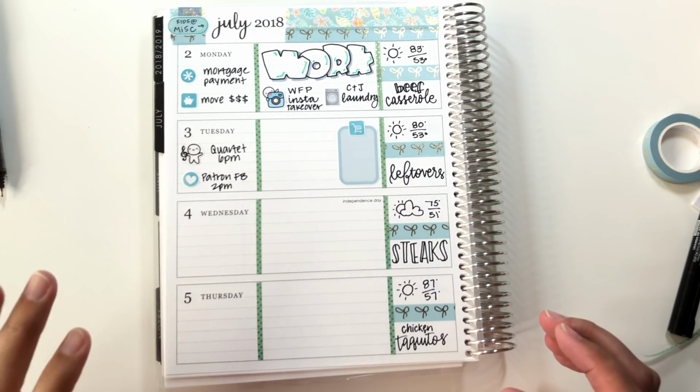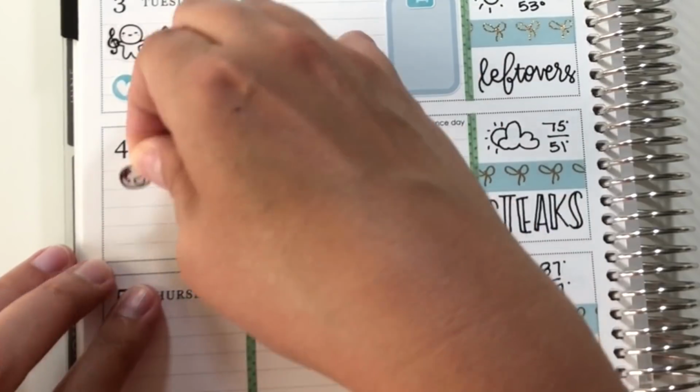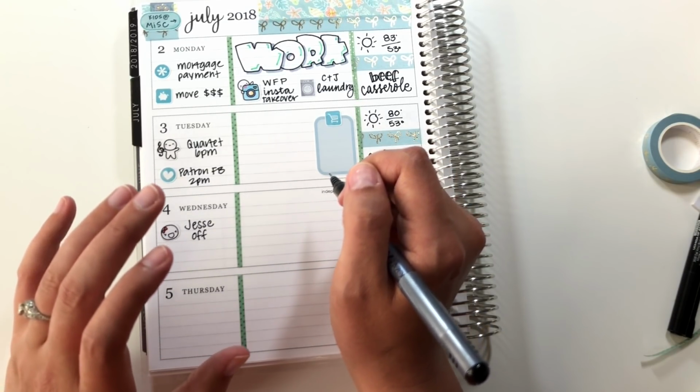So again, I'm not going to put too much here, but I'm going to mark that Jess does have the day off. I've got this super happy munchkin for that. And in keeping with the theme of giving more space to things I want to give more time to,